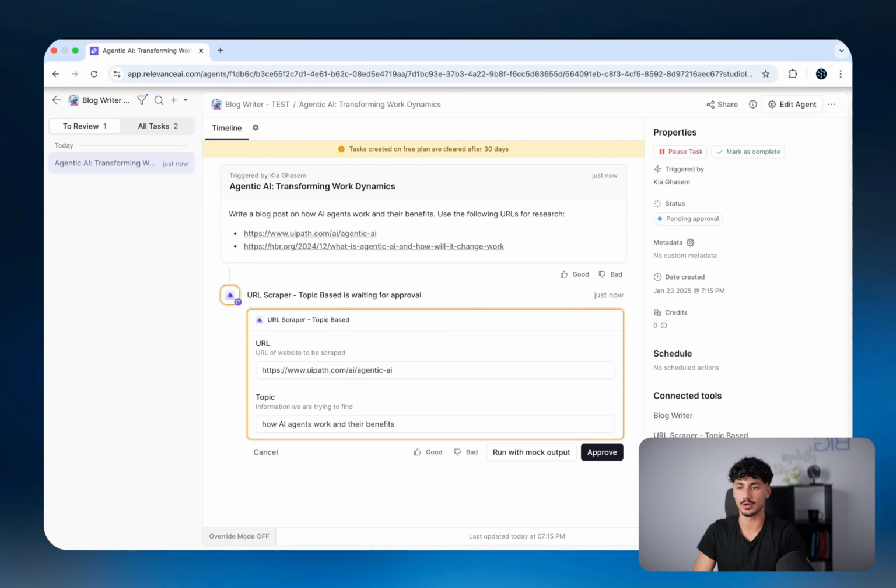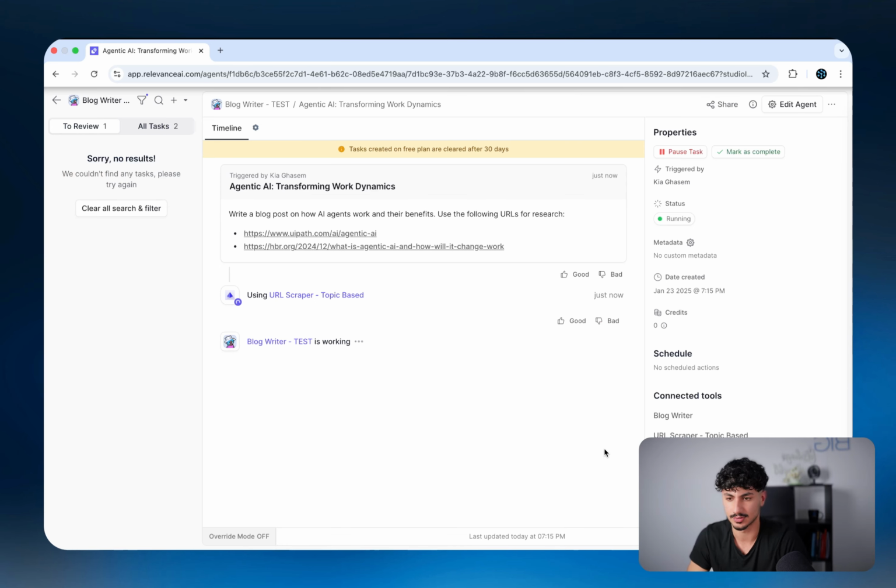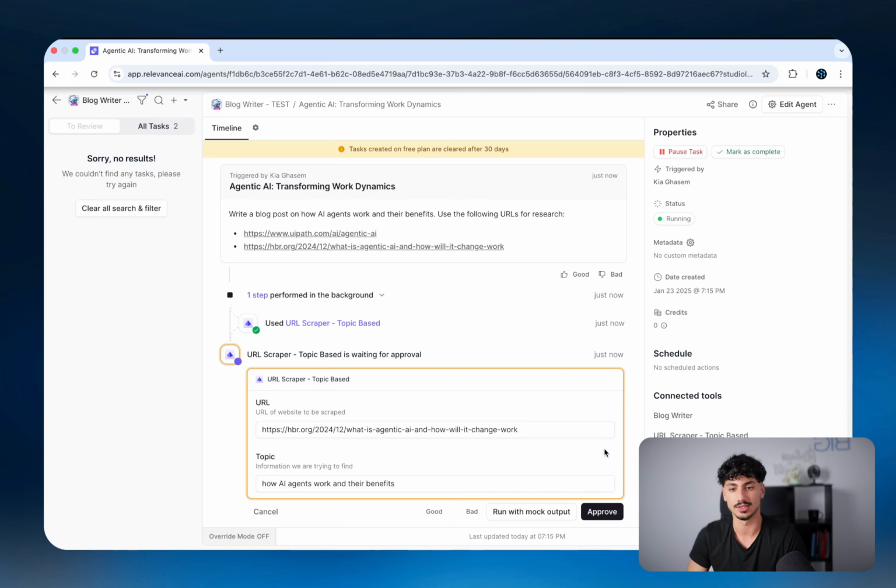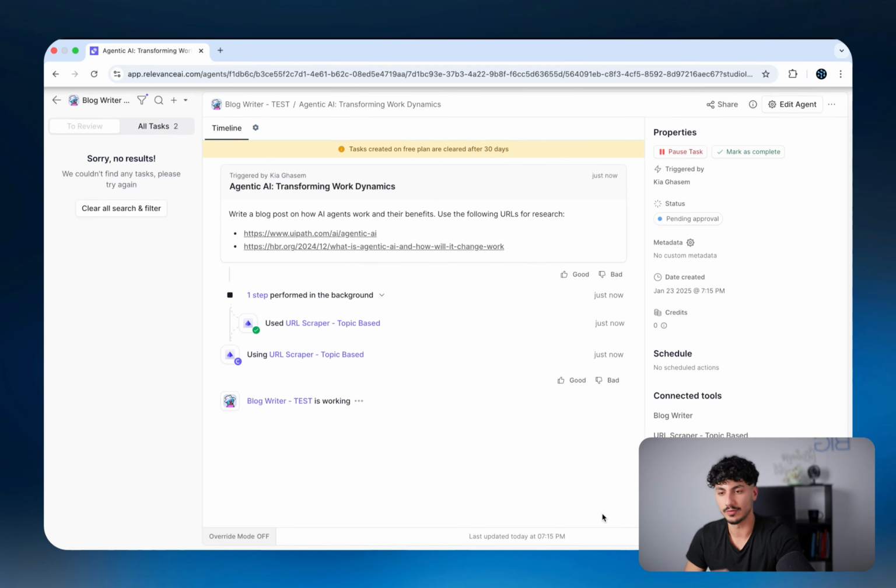Cool. So the blog writer is running. Let's see. So it's going to ask me if I should approve. Yes, go for it. So that approval step is an example of human in the loop, keeping the human there to say, yes, do this, or no, don't do this, or yes, the answer to this scenario was good, or no, you did a really bad job here, if that kind of makes sense. So it's going to ask me to approve something again, which I will.